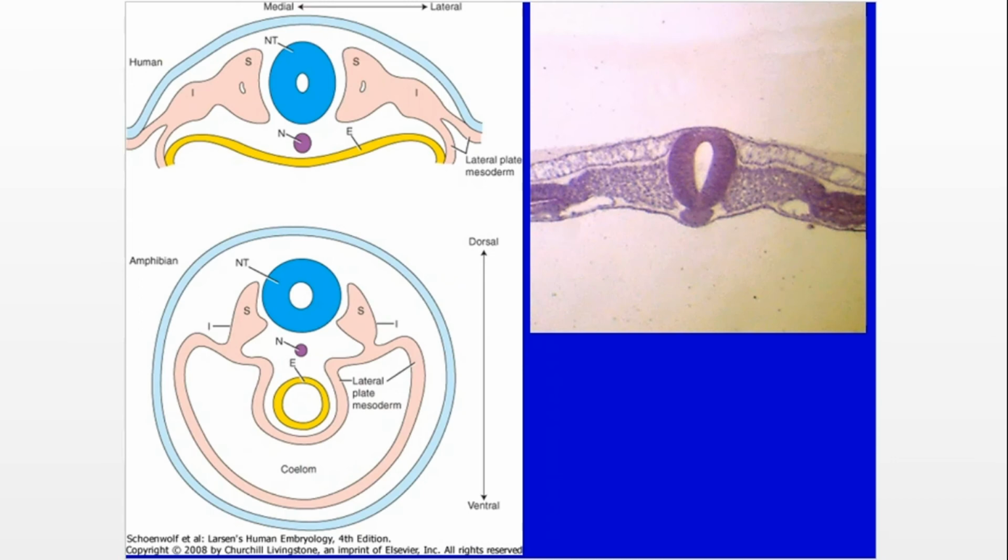From the 14th till the 17th day after fertilization, happens formation of axial organs: notochord, neural tube, and gut tube. Notochord is organized from the cells from the material from a primitive node. Neural tube, notochord is here. Neural tube is organized from the